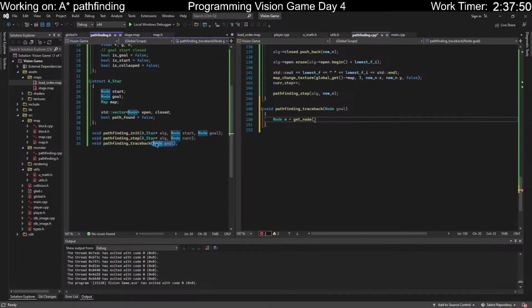Just passing the algorithm. Node is going to be equal to alg. Wait, what are the arguments? Alg dot